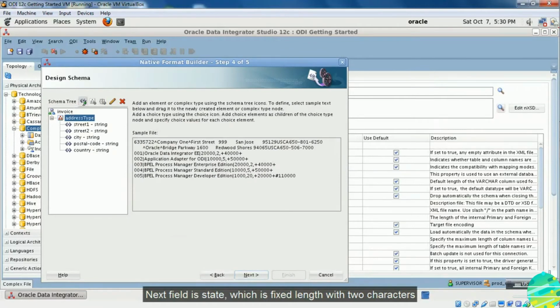Next data element is state, which is fixed length field with 2 characters.